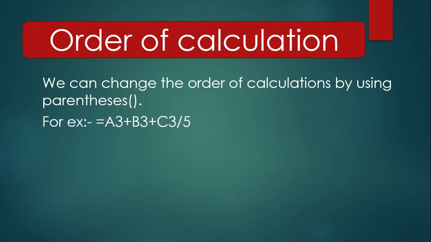For example, if we want to find out the average of three numbers, then if we write according to the first example, it will produce the wrong answer, because according to this example, firstly Excel will divide the number, because division operator has a higher priority as compared to the plus operator. So to find the correct answer, we have to write the three numbers inside the parentheses, then we should use the division operator.